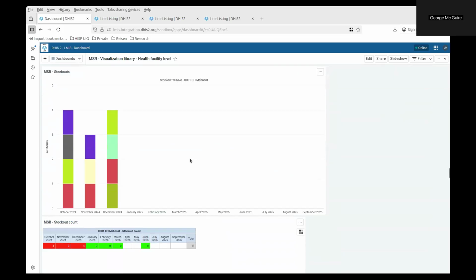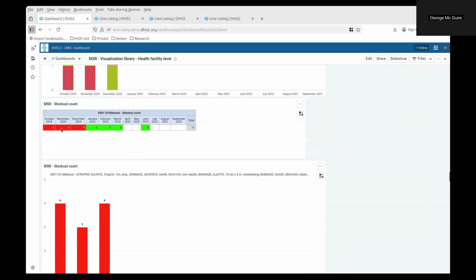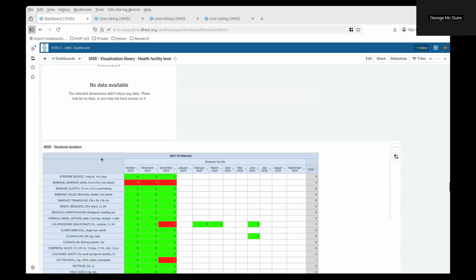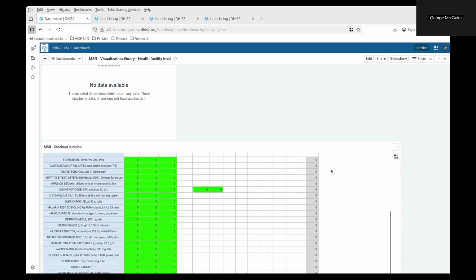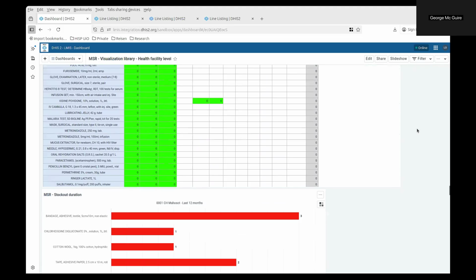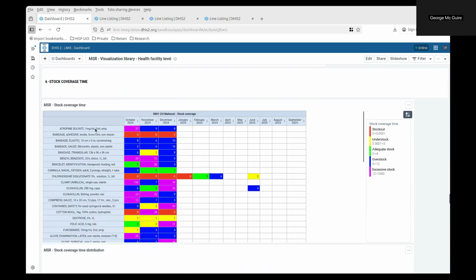And you can see also the stock outs. So if you want to know, in December 2024, there were 4 stock outs, which items were out of stock. You can mouse over and you can see exactly cotton wool was out of stock and the adhesive bandage. You can count the number of stock outs you had every month. You can count how long the stock outs lasted, how many months it lasted throughout the year. The coverage time, this is something that is important. So you can define your ranges of understock, overstock, or adequate stock, and of course the stock out, and then you can display this as a